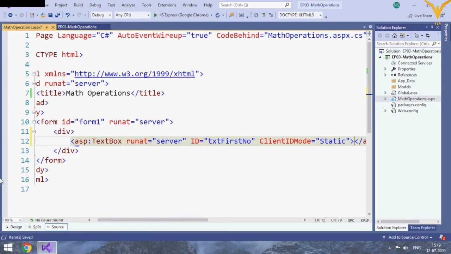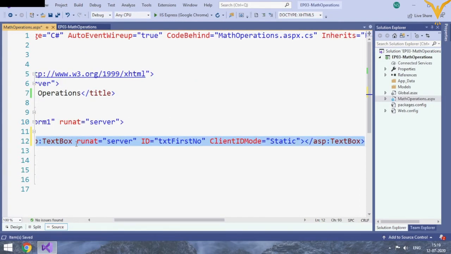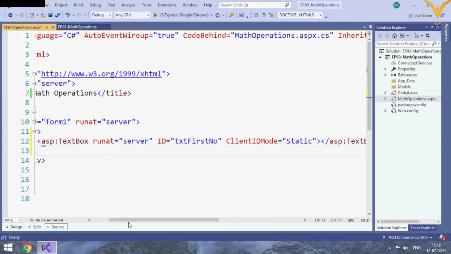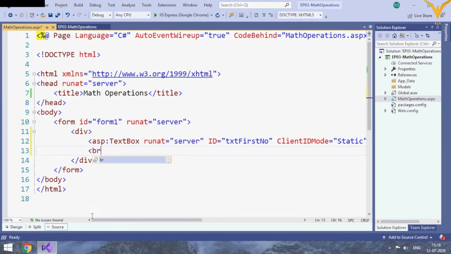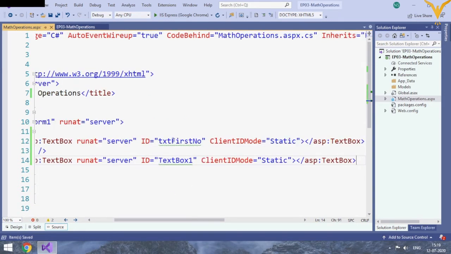And here we have created one text box. So let's copy this and paste, because we want another text box for a different number. So let's add a break tag and paste it. So change the id to second number.